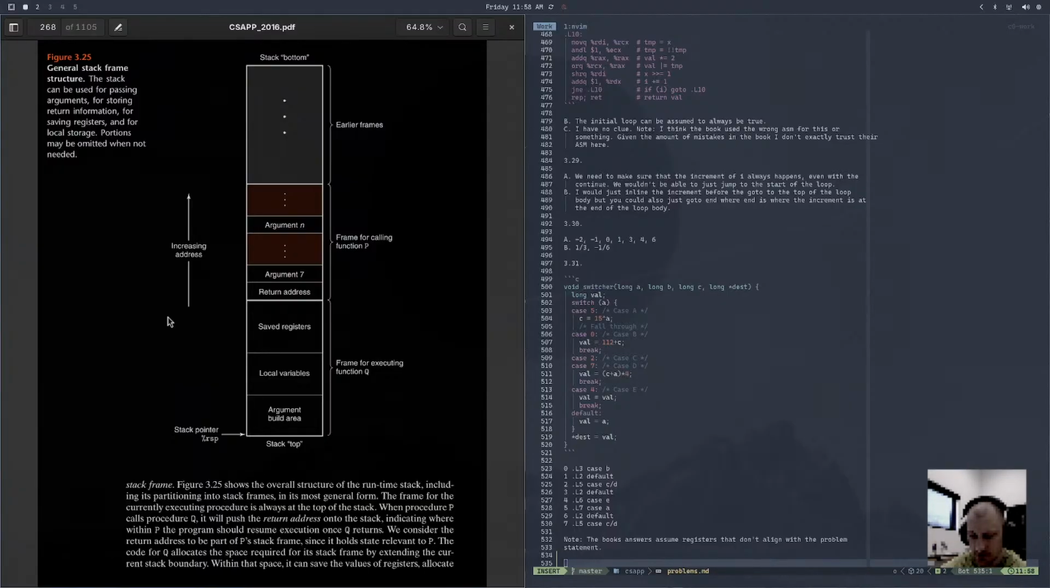Okay. Figure 3.25 shows the overall structure for the runtime stack, including its partitioning into stack frames. In its most general form, the frame for the current executing procedure is always at the top of the stack,